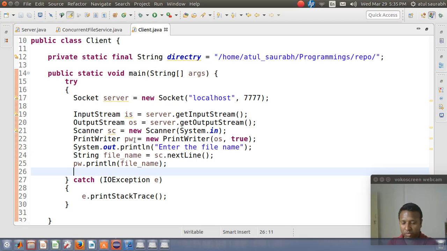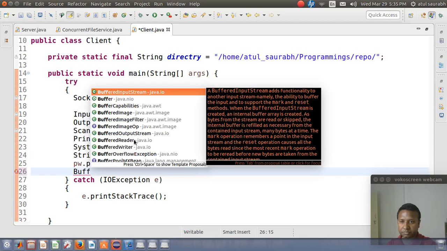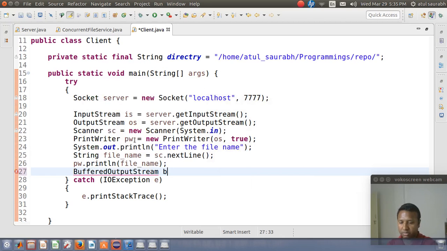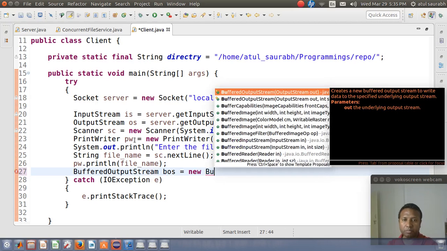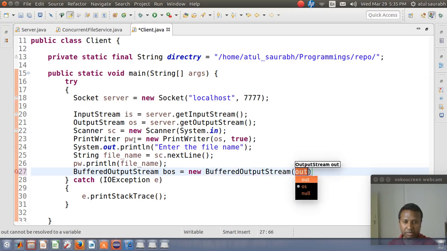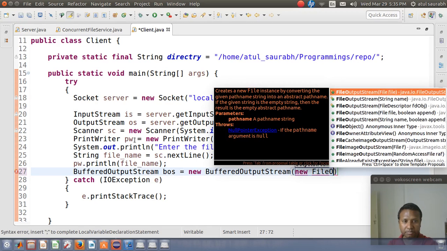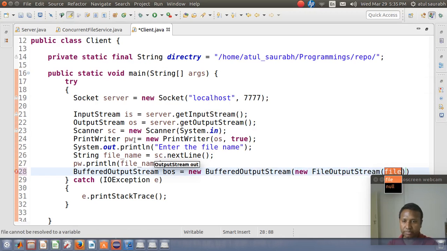So what we require is a BufferedOutputStream bos equal to new BufferedOutputStream, and then new FileOutputStream, and then we will specify a new File.